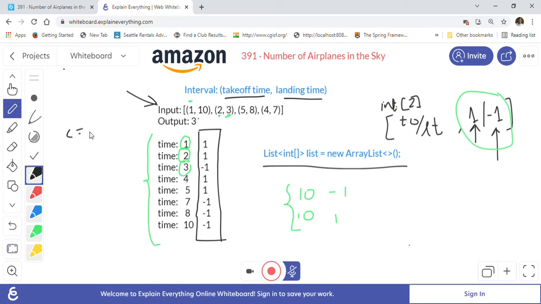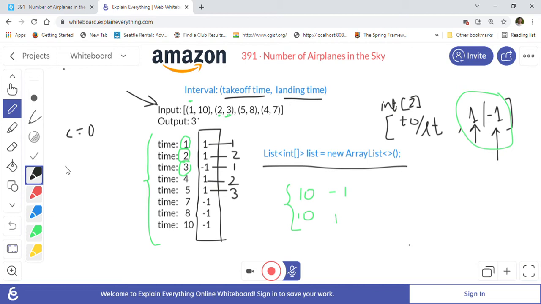In the beginning the counter will be 0, so here the counter will become 1. Then again we add 1, so 1 plus 1 is 2. Whenever -1 comes, it becomes 1 again, right? 2 minus 1 is 1. Then again 1 comes, so 1 plus 1 is 2. Again 1 comes, so 2 plus 1 is 3. And whatever this count becomes, we will keep track of the maximum, right?